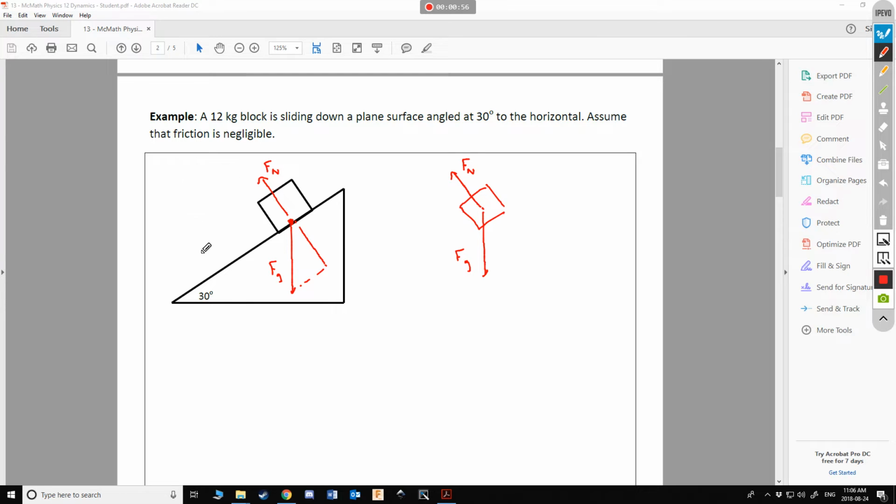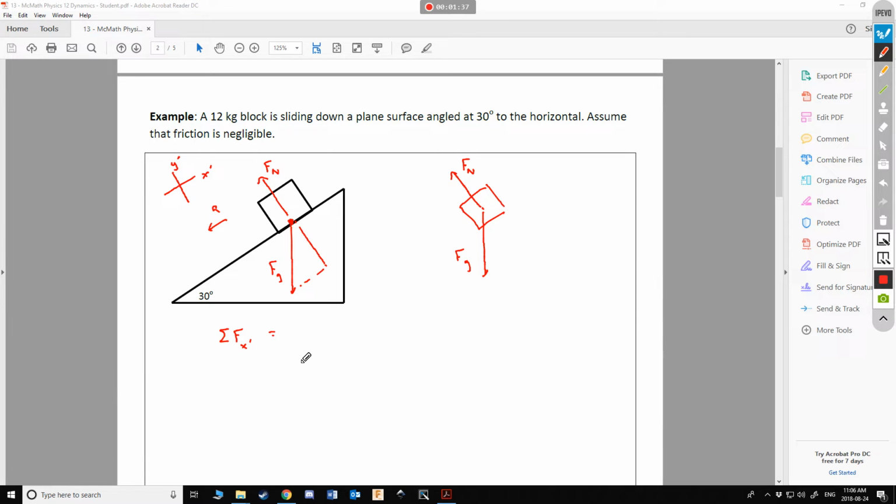Again, instead of using our traditional XY axes, we're going to rotate our axes 30 degrees to match the incline. So this thing we know is going to accelerate downwards. So let's look at our forces. We have some of the forces in our x direction. Sometimes we call this y prime and x prime. So the sum of the forces in our x prime direction,